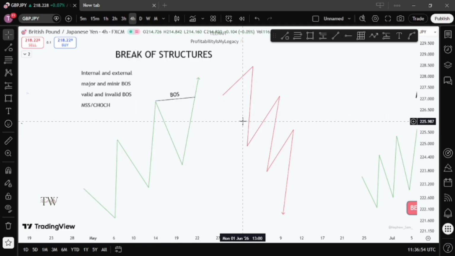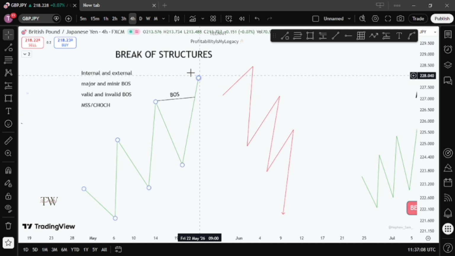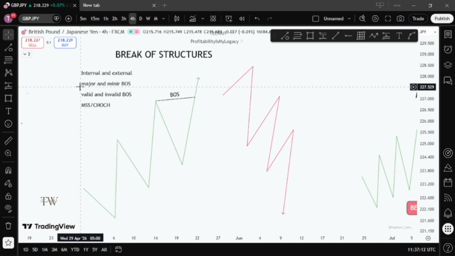Weak momentum. There's no strong momentum that price is coming with. You have to pay attention to things like this. Price immediately reverses. This is commonly called a fake breakout or liquidity grab. I'm sure you have seen something like that before. So we've been able to cover the meanings of internal and external, major and minor, valid and invalid break